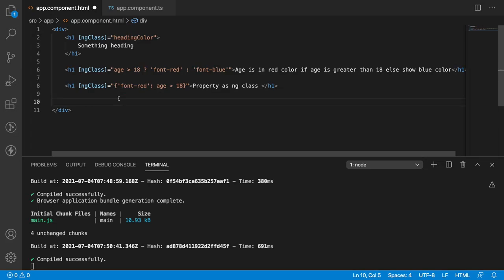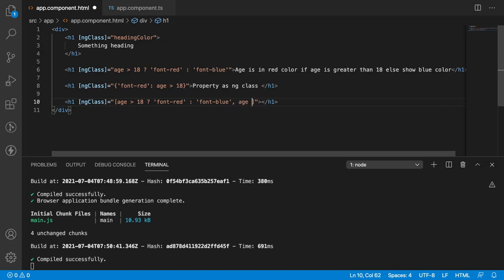There is one more way to use ngClass, that is array of classes based on some conditions. For example, I have ngClass and I want to write an array format where my age, if it is greater than 18, show font-red, else show font-blue. This is one condition, comma, you can pass some other.